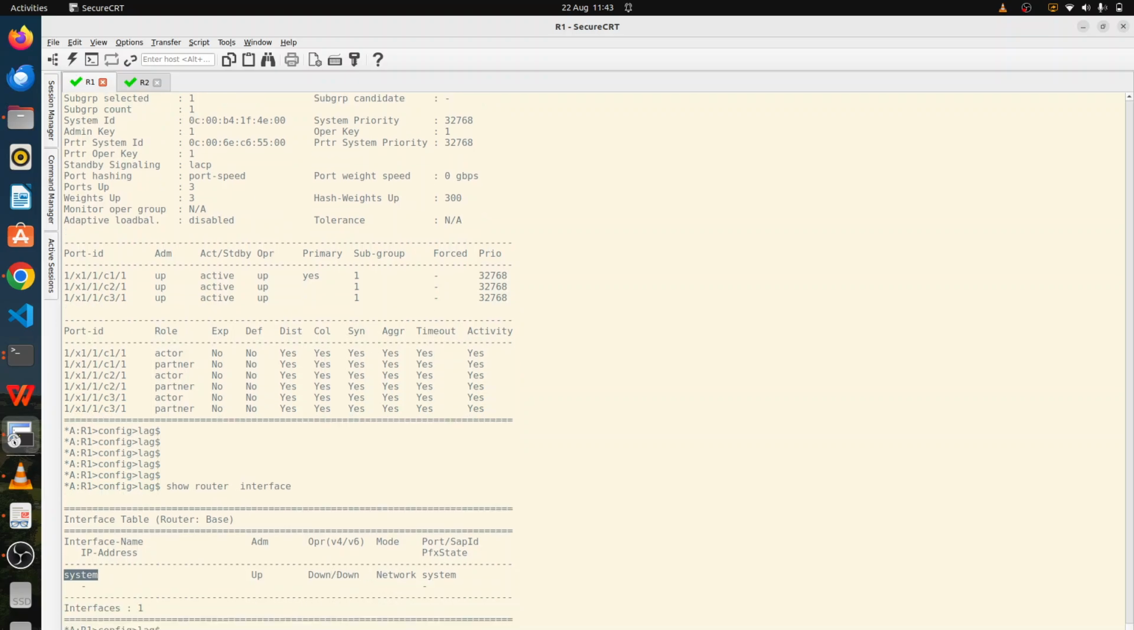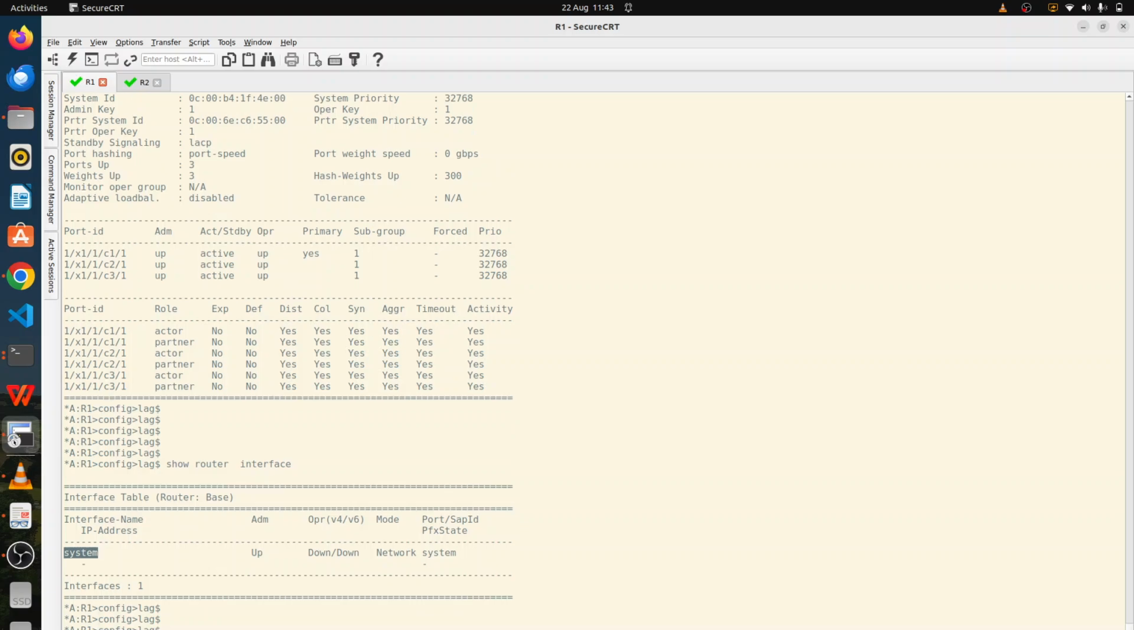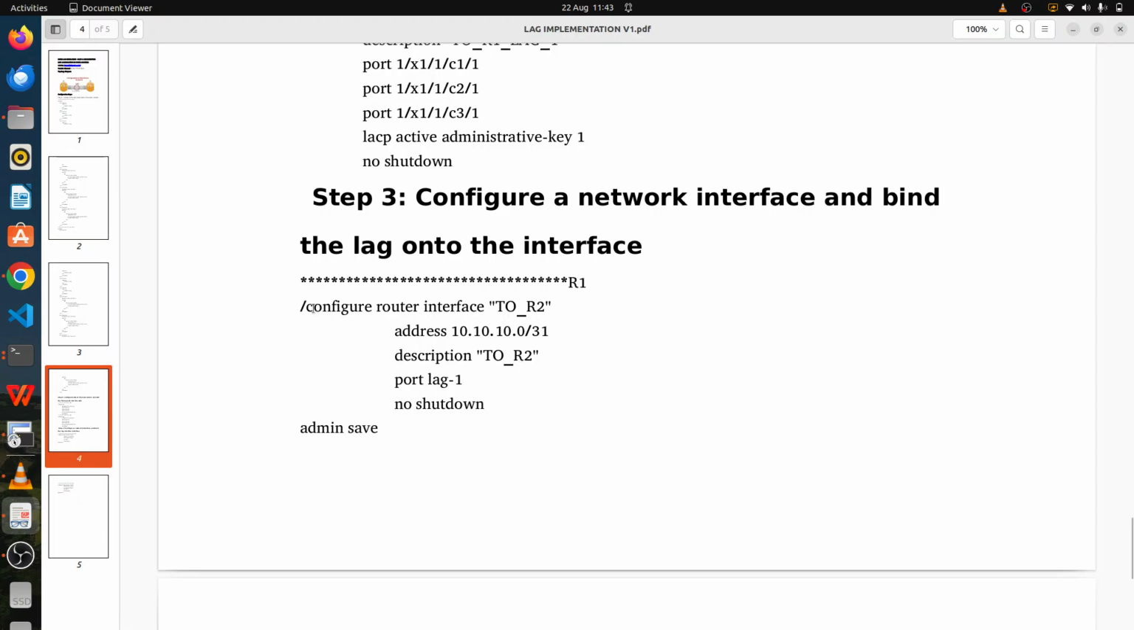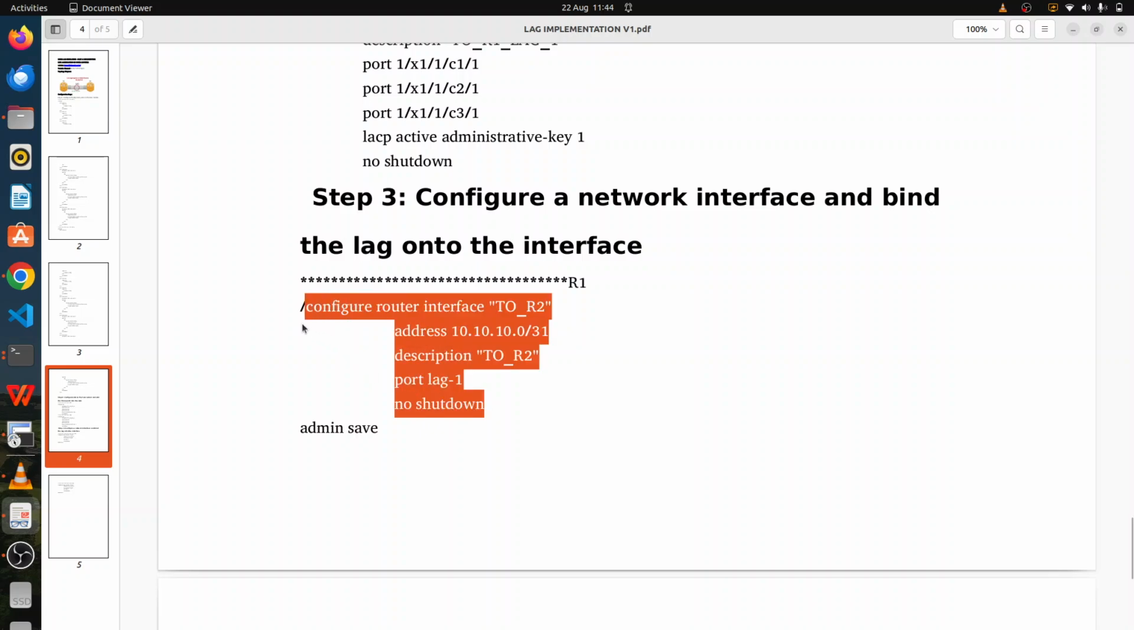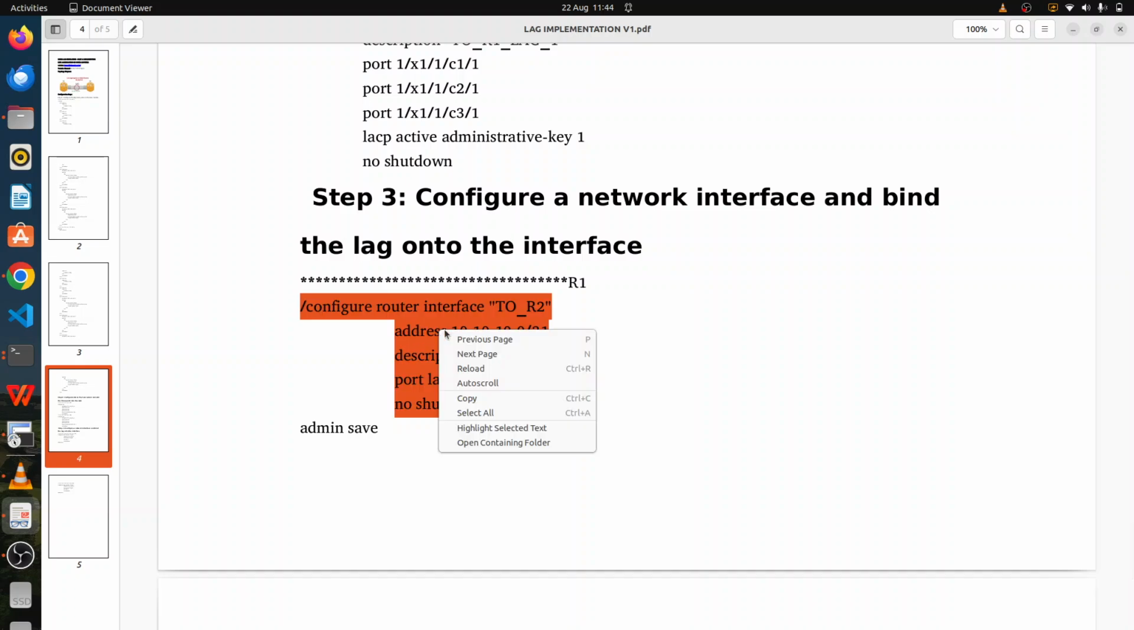So we need to configure a network interface between the 2 routers, and it's very simple to configure a network interface. This is the configuration. You run the command configure router interface, and then you give it the name. So the interface name will be to R2. And then we are assigning the IP address of 10.10.10.0/31. We give it a description, and then we bind the port. So it's port, then we are binding lag 1 that we have configured. And then we can now shut down the interface. So I will copy this,